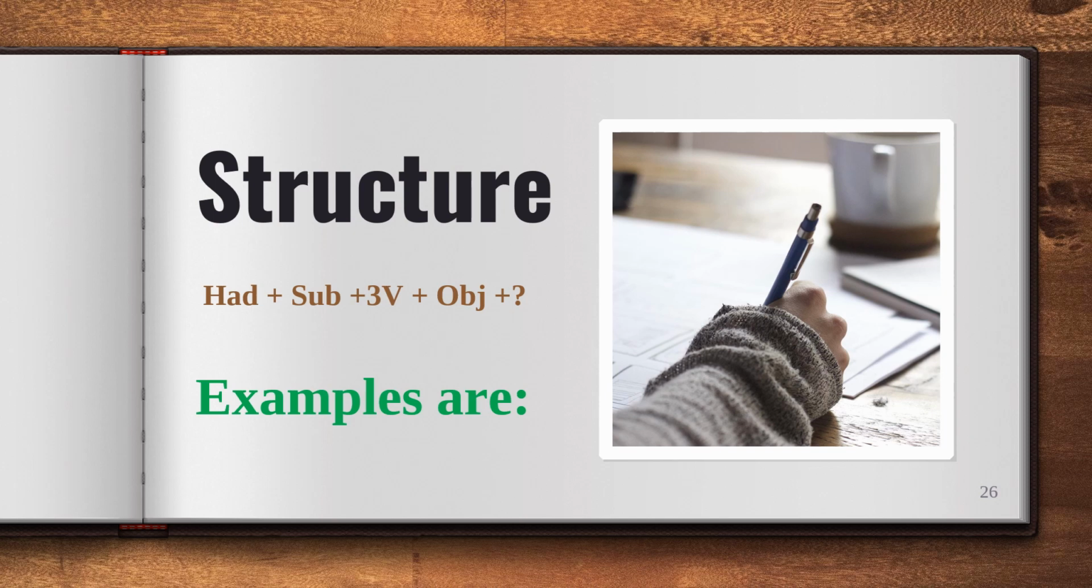Have you understood? The simple declarative formula was subject plus had plus third form of verb plus object. Now we are making interrogative, so had will come at the start, then the subject, third form of the verb, object and question mark. The examples are: